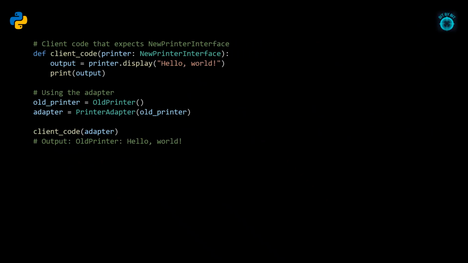The client code defines a function that works with any object implementing the new printer interface. It calls the display method and prints the result. We then create an instance of oldPrinter, wrap it with printerAdapter, and pass it to the client function. The output is oldPrinter: "hello world," which means the adapter worked and the client was able to use the legacy class without knowing anything